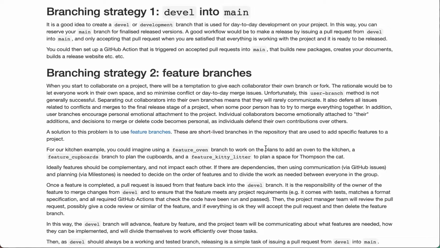And then some poor person will have to say, okay, I've got these 5 user branches, I'm now going to try and merge them all together into one release. And it's basically a Herculean and probably impossible thing to do. As well as having this very difficult release schedule if everyone has their own user branch,